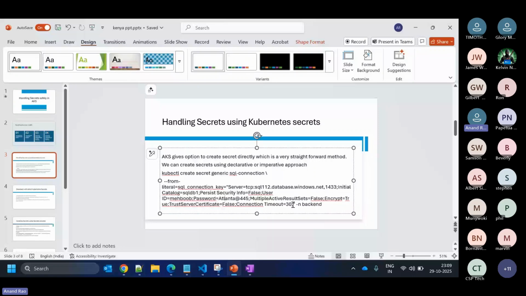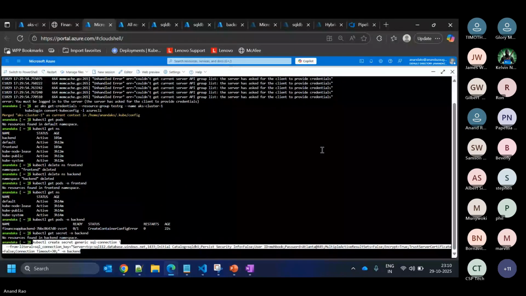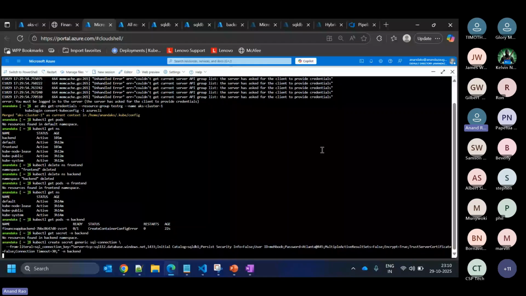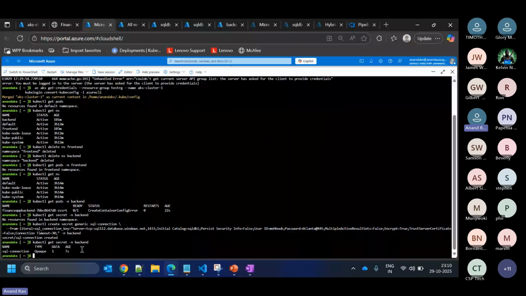So here I'm creating a secret in the backend namespace. Here -n backend means I'm putting this in the backend namespace. Now you can see the secret has got created in the backend namespace as SQL connection. Previously, when we had nothing, it said no resources found. Same command. Now we have a secret SQL connection which is being referred